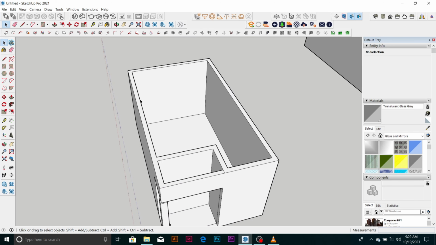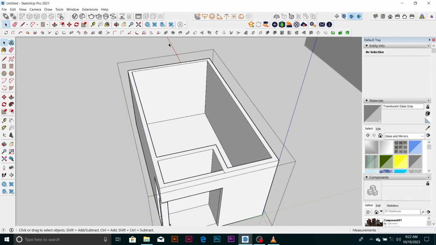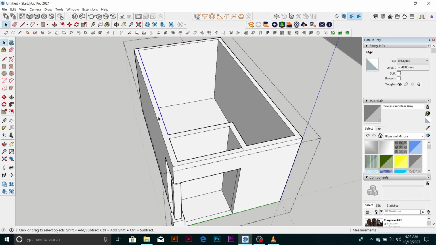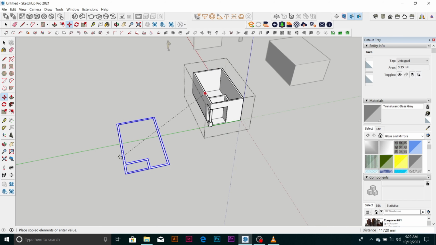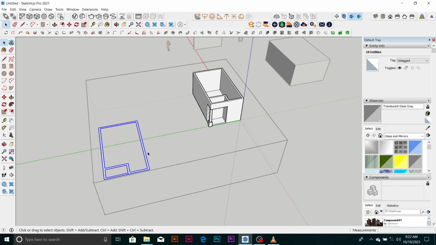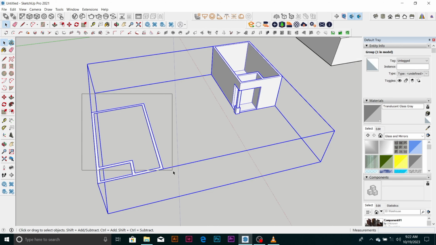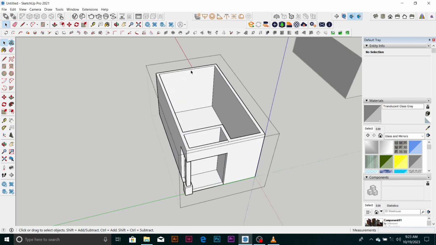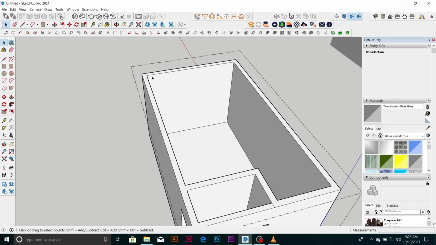So for us to put a roof, let me go back. For us to get a roof on this drawing now,